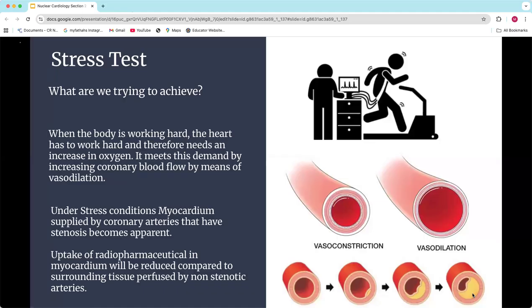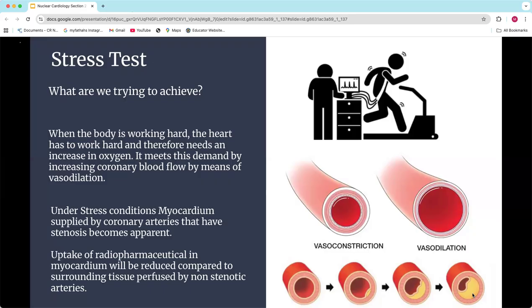Okay? So that's why I said a minute ago, when we talk about ischemia, when we look at ischemia on our images, it's a reduction in blood flow, not that you've reduced it by stress. The actual blood flow hasn't reduced in that area. What you've done is you've increased everything else. And so that ischemia on your picture is reduced compared to the rest of the heart during stress. Okay. So this is another one of those things that I didn't understand initially as a student. That's important as you're looking at your images.